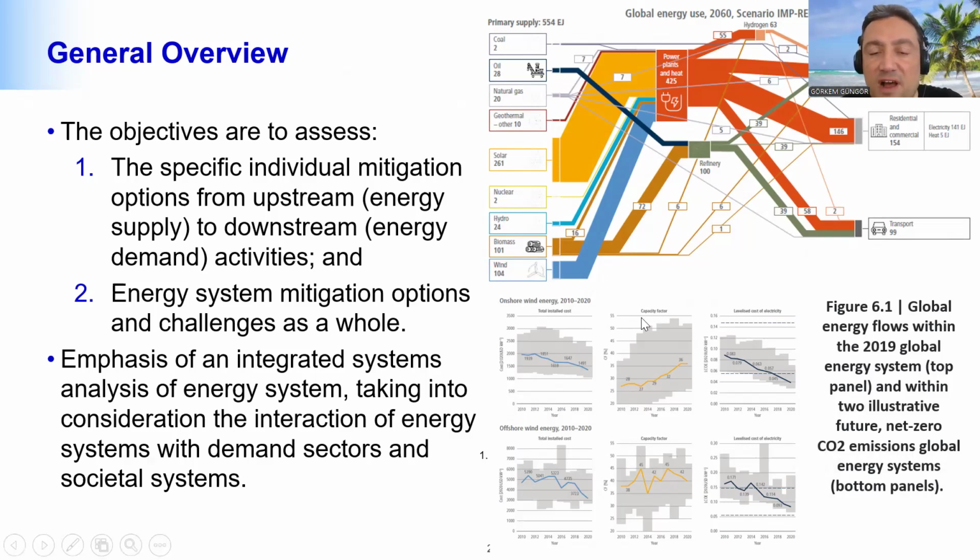And the main drivers are the costs and the capacity factors. Here we have an example of onshore and offshore wind energy. We can see that already for onshore wind energy, the costs are in the range of fossil fuels. The capacity factor is increasing in the last decade. For offshore wind energy,